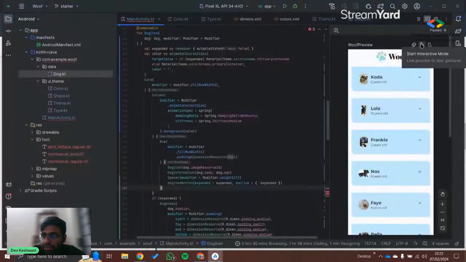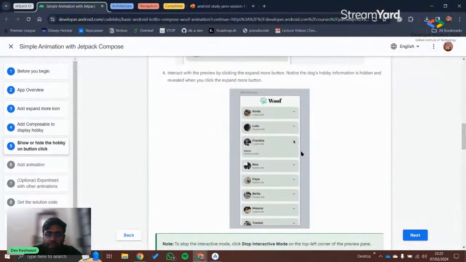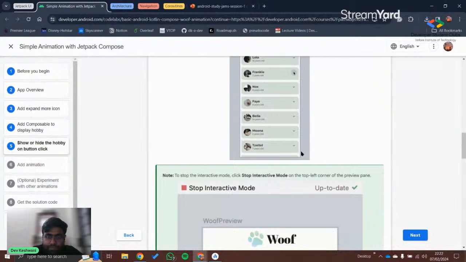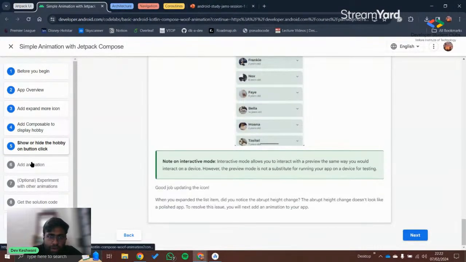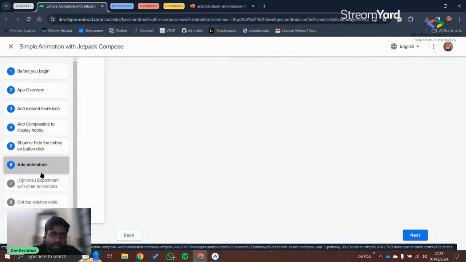After writing this much code, you can use start interactive mode in the preview itself, and you can play with this expanded button. You can see how this works. Okay, let's continue. Now we'll move to adding animations over our